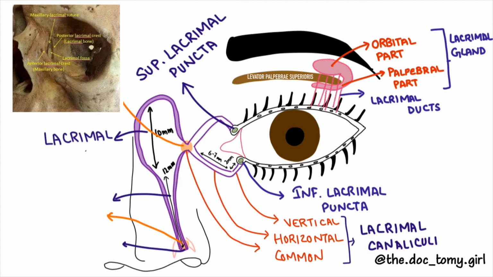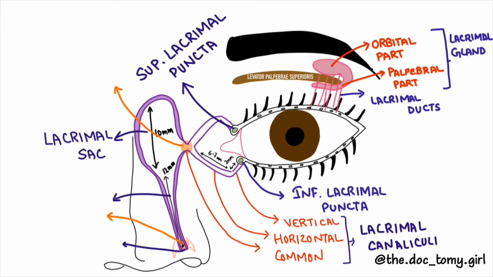When distended, lacrimal sac is about 12 to 15 mm in length and 5 to 6 mm in breadth, with a volume of about 2 cubic centimeters. It has got three parts: a fundus, a body and neck. Fundus is the portion above the opening of canaliculi, body is the middle part, and the neck, lower smaller part, which is narrow and continues with the nasolacrimal duct.